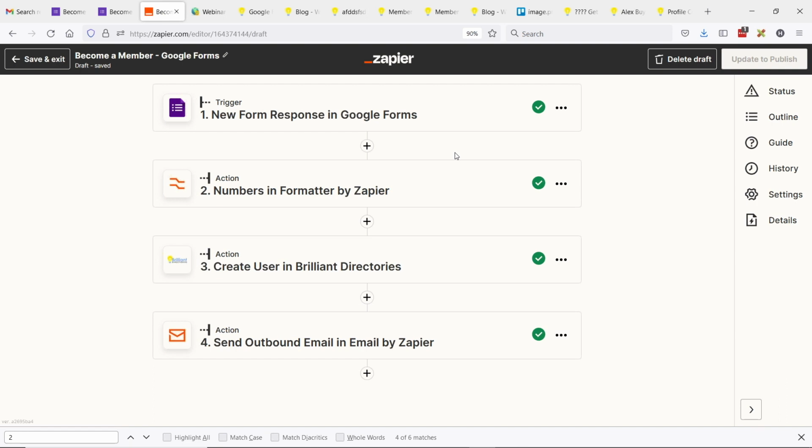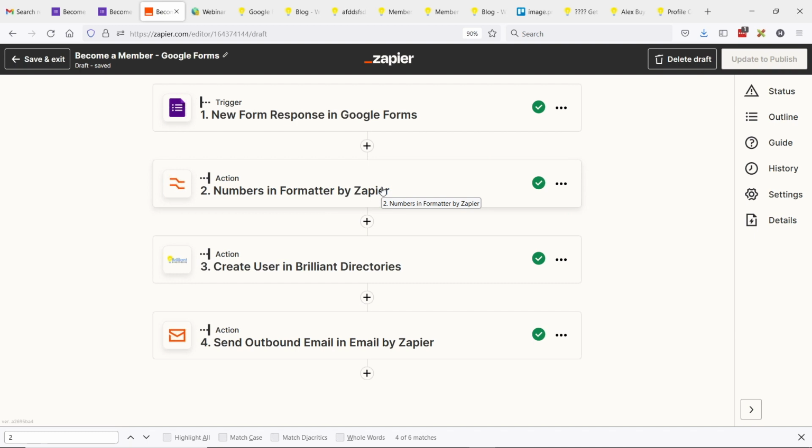Zapier basically lets you string together several different types of solutions and platforms, and they can share information between each other. So just looking at it from a broad perspective here, we can see in this workflow, we have the Google form, which I created, so that's synced up here at the top. Zapier has a number formatter tool. So what we created was we generated a random 6-digit password, which is what we send them in their email after they sign up. So the user doesn't have to enter a password because Google Forms frowns on entering passwords